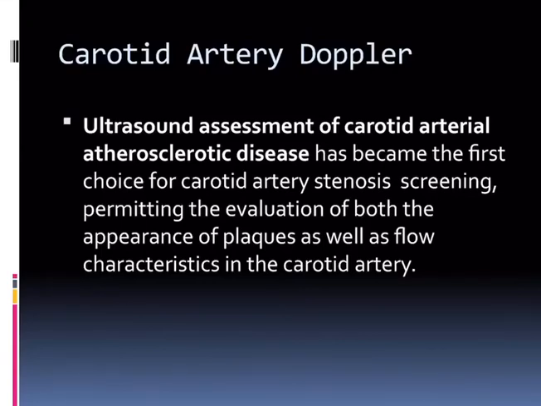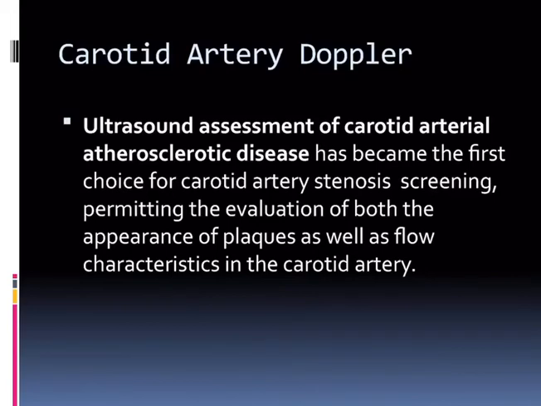If you have an occluded or thrombosed carotid artery, or if you have atherosclerotic plaques in the carotid artery, the area supplied in the brain can suffer. There can be ischemia of the brain, and because atherosclerosis is common in the older population, older people can suffer from transient ischemic attacks or even stroke if they have atherosclerotic plaques. So you can do an ultrasound assessment of carotid arterial atherosclerotic disease, and that is a first line of investigation. It can be done for screening purposes as well.